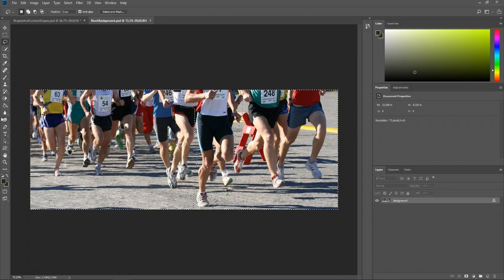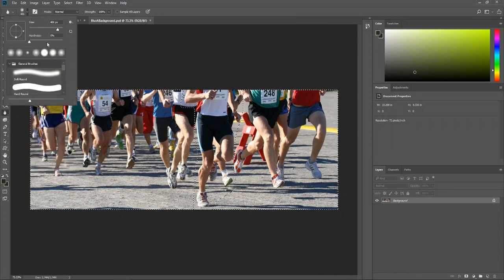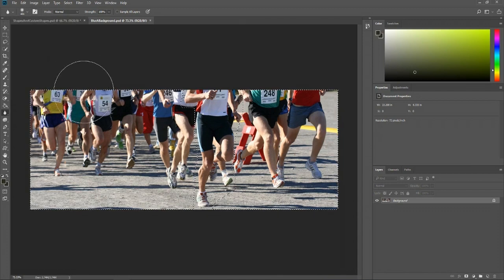And now if we go down here to the blur tool, for an image this size I would recommend that you increase the size quite a bit here so that it's going to blur very heavily in a lot of area all at once. We can just start blurring by left clicking and holding it down without any fear of accidentally blurring out the person that we don't want to blur out. So basically, we've just made that person immune to blur,